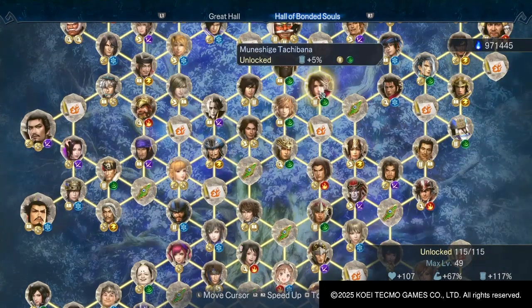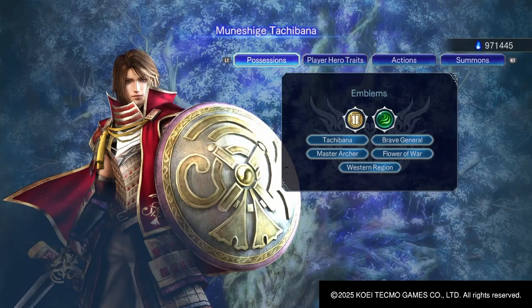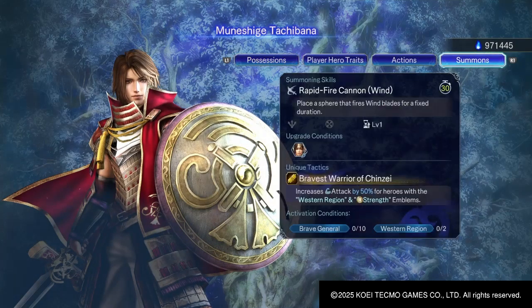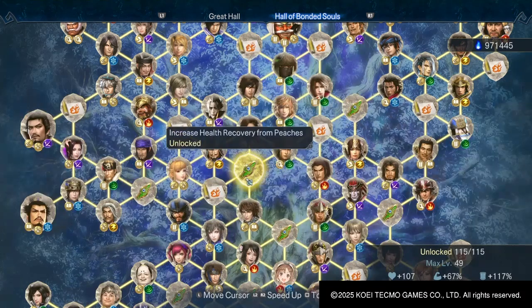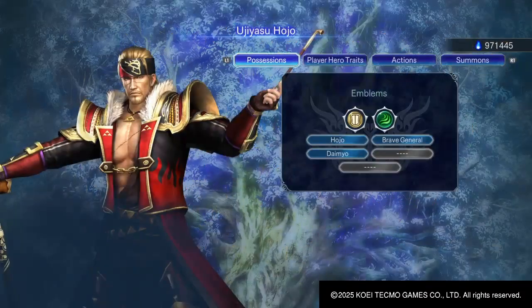Now we have Munechige Tachibana. He is also a Master Archer, and his unique tactic increases the attack by 50% for heroes with the Western region and strength emblems, and of course Huang Zhong has the strength emblem, he himself has the strength emblem, Taisi has the strength emblem, so synergizes perfectly with them. Of course his wind synergizes as well,